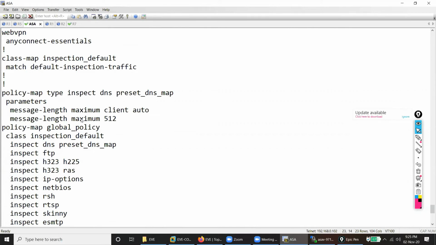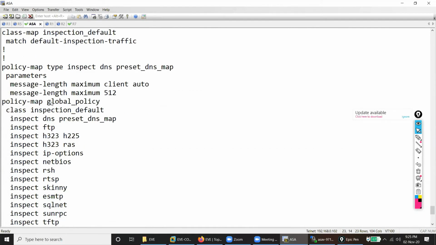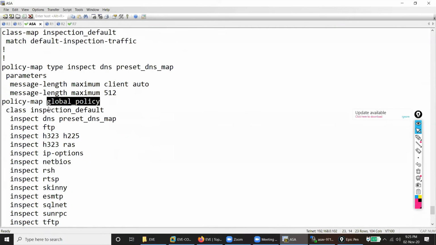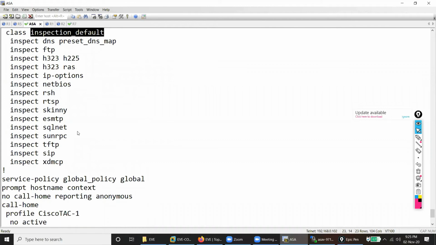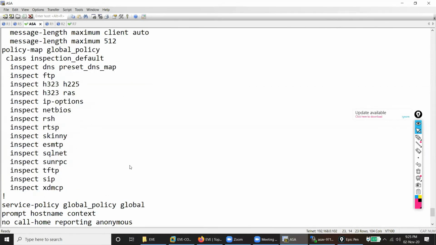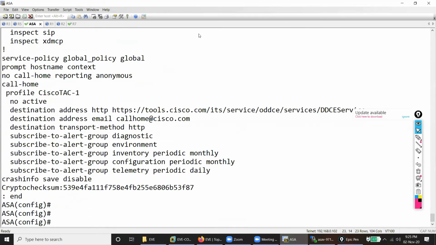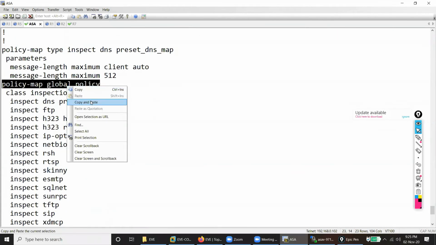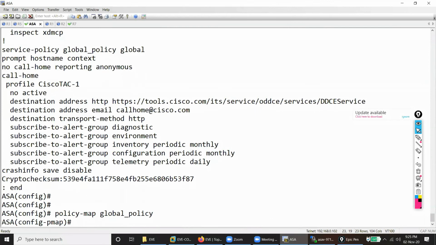and the policy map name is global policy. Can you see? The class map name is inspection default, the policy map name is global policy, and then you see the class map is being called, and here you won't have ICMP. That means these are the protocols which are being taken care of as stateful inspection. So you can just go and add in this policy map the protocol, and you have to tell this fellow